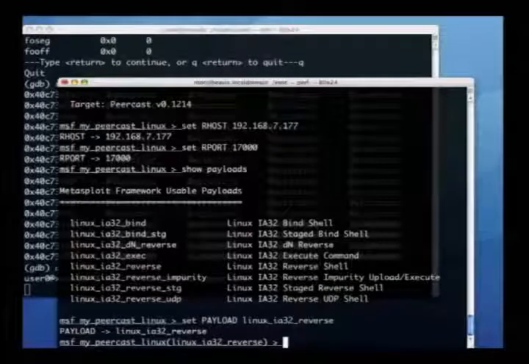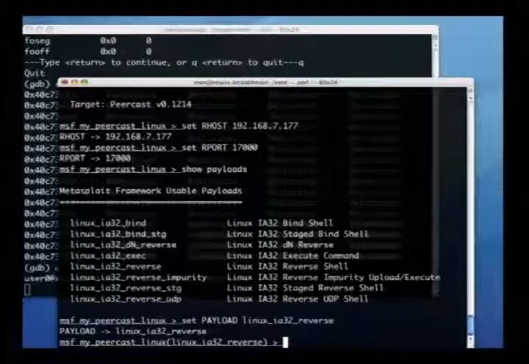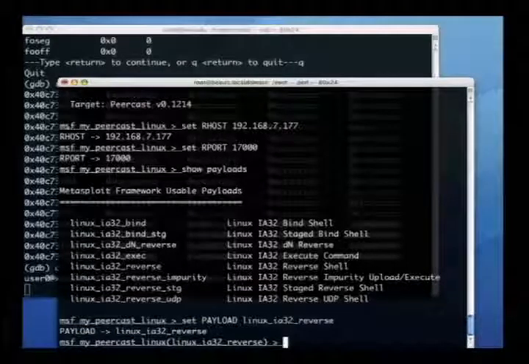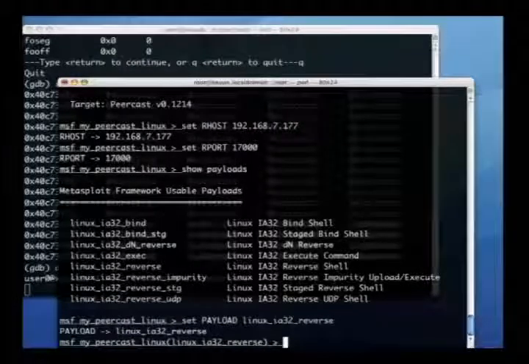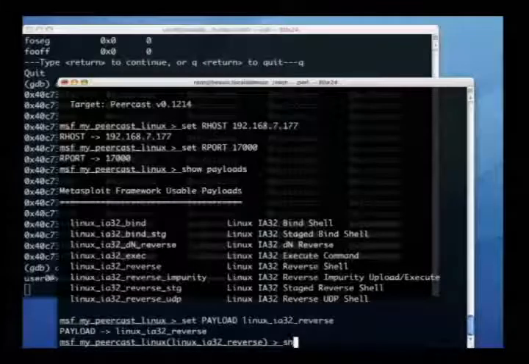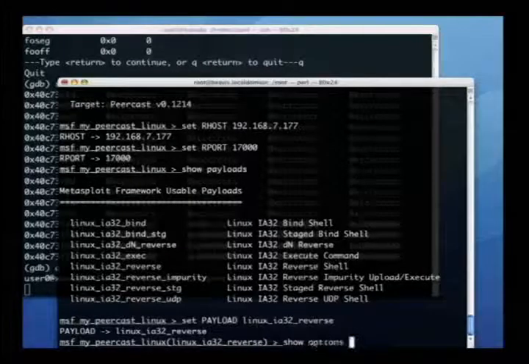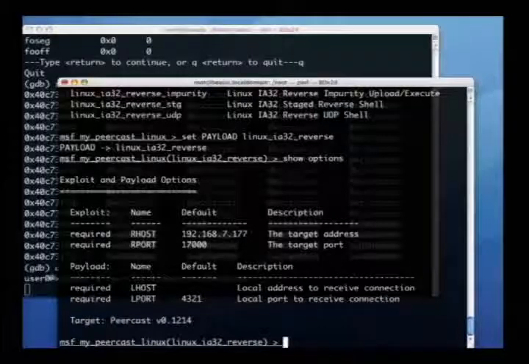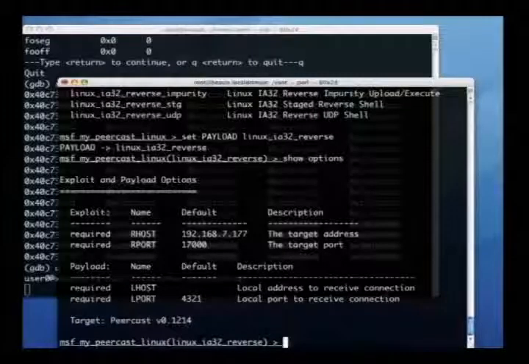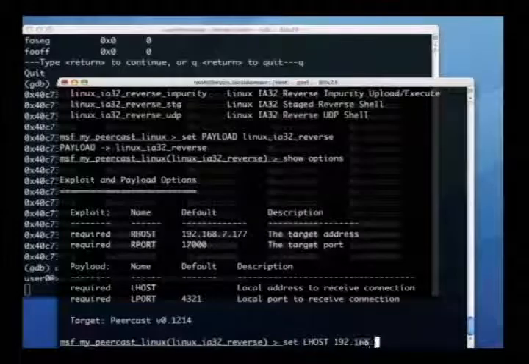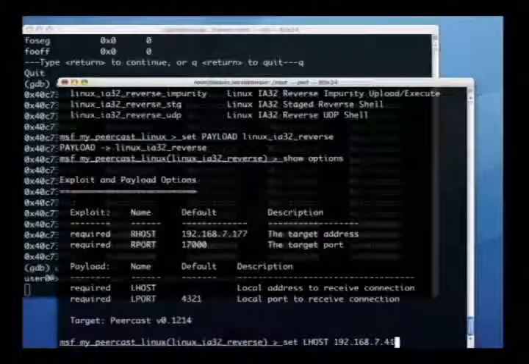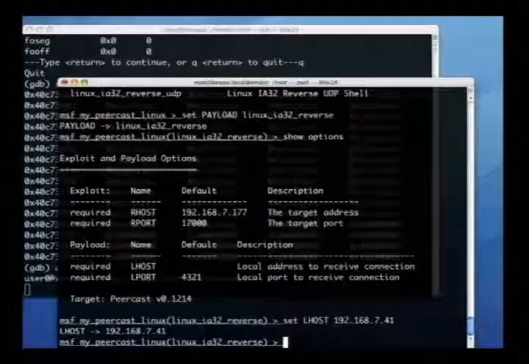What this payload is going to do is cause the exploited process to return me a TCP connection on my listener and bind a shell to it. I'll need to give it one more option, that is what is my host's IP address. So I say set LHOST to 192.168.7.41. That's my IP address. I'm all set.